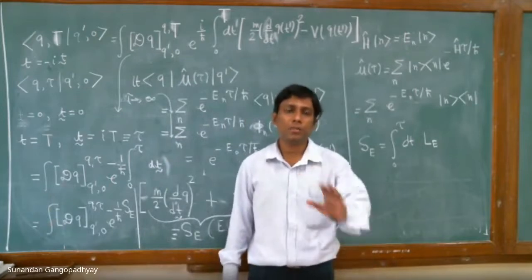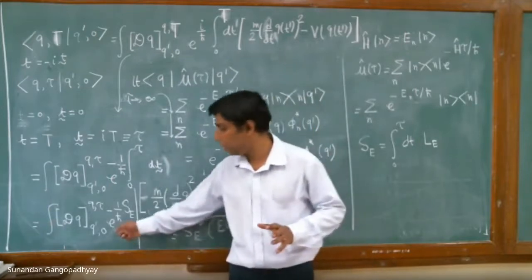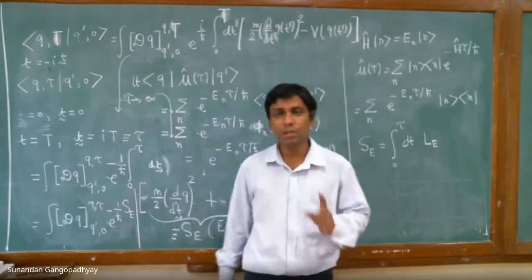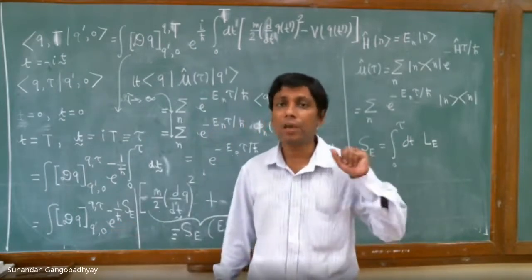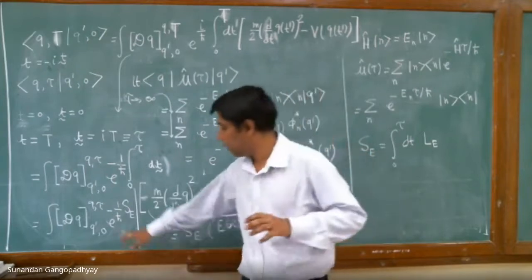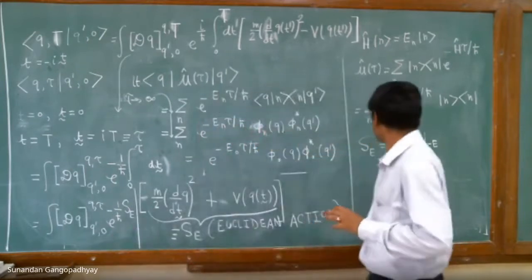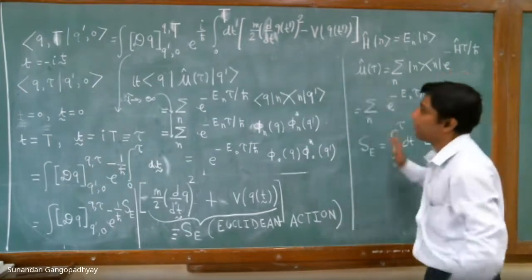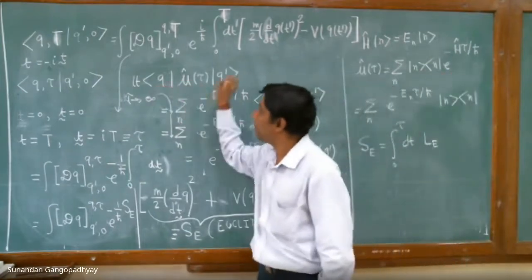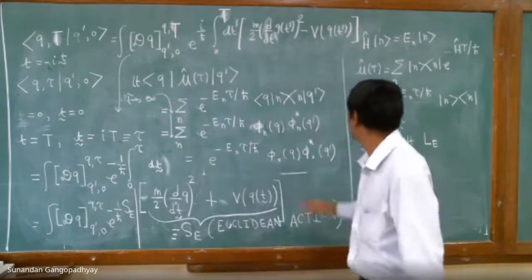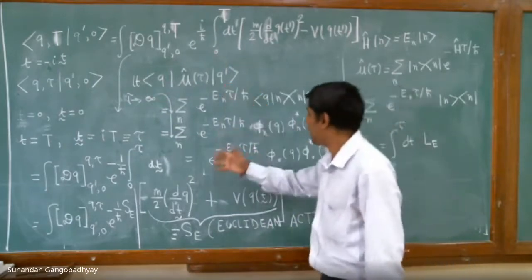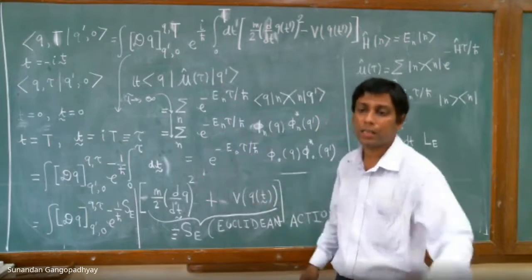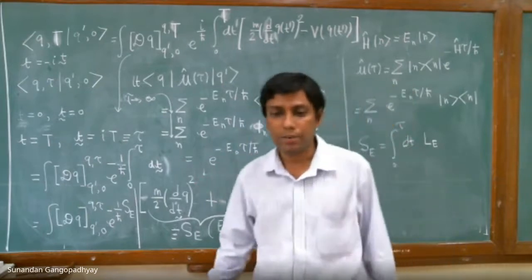you have a path integral representation, and that path integral representation is very well defined mathematically, because all the varied paths are suppressed by an exponential factor, which is not the case in the Feynman path integral. So this is a very well defined object. And we have also seen the time evolution operator, how it looks, and we have also looked at a matrix element of the time evolution operator, and that matrix element ultimately gives the ground state contribution in the large time limit.